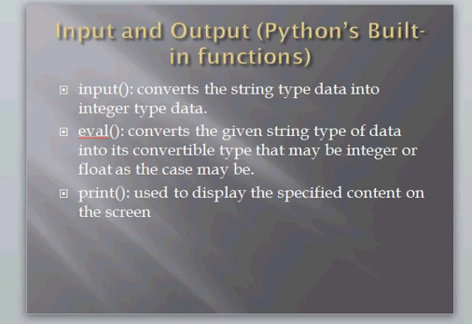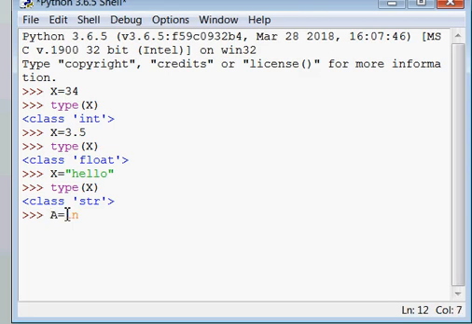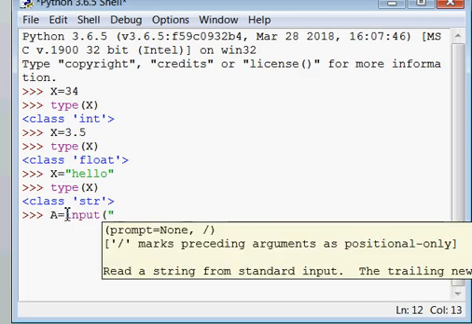So our first input function is named input. If I want to use the input function, I will say a equals input, and in input we can give some prompt. Prompt means any message that you want to display on the screen.